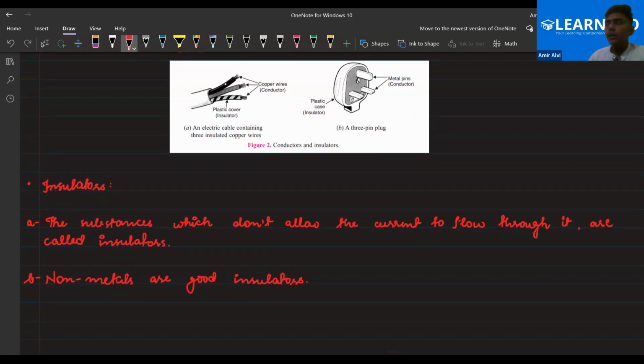Actually, can anybody tell me what is the reason behind the flow of electricity? Which thing is responsible for the flow of electricity in a conductor? Which quantity or which effect, whatever is in your mind? Have you ever observed this or paid attention to it? Tell me, everyone. I'm asking what is the reason behind the flow of electricity in the conductor.